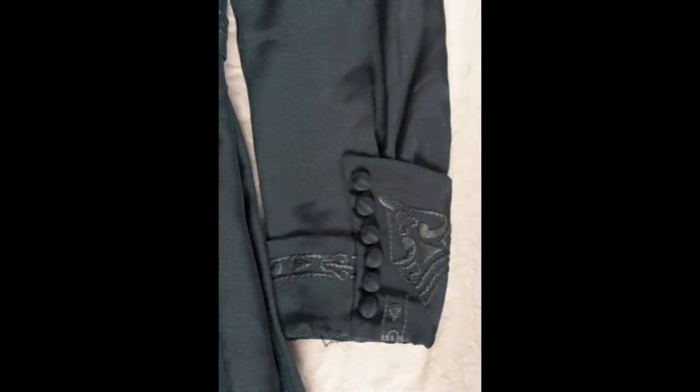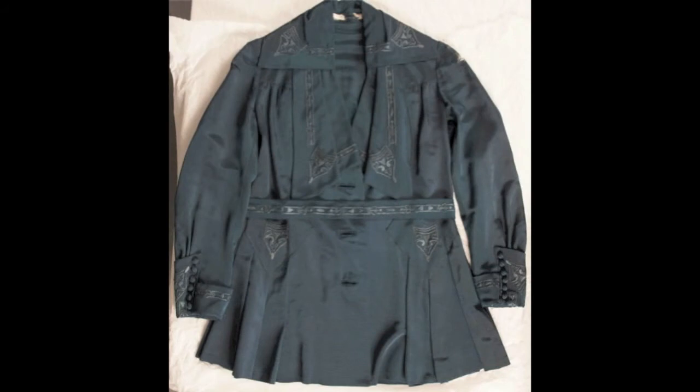W.E.B. Du Bois, a contemporary of Curtis, writes of the hardships faced by skilled African Americans, including seamstresses, living in Philadelphia at the turn of the 20th century in his work, The Philadelphia Negro, A Social Study. He reports that African American seamstresses were often turned away upon application for employment, or they were hired only when they concealed their ethnicity, or they were only given work to be completed off-site, away from the eyes and attitudes